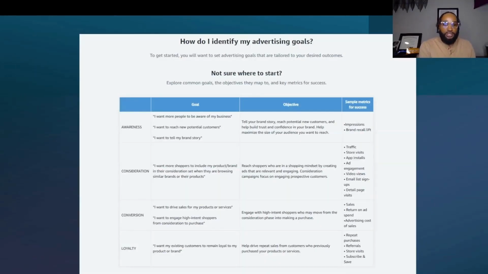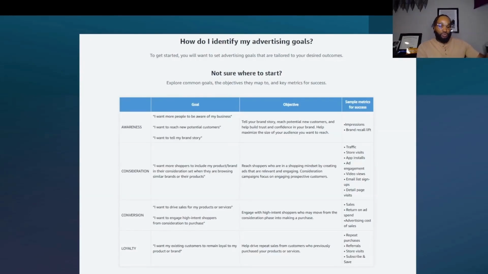And if you're wanting to reach customers that are in the consideration stage, where you're trying to move them from the just browsing stage to actually adding your brand's products to their cart and interacting with your content on Amazon, then you'll want to run a display ad. The display ads will basically educate your customers on your product, on your brand,